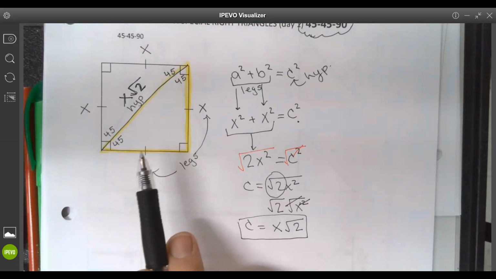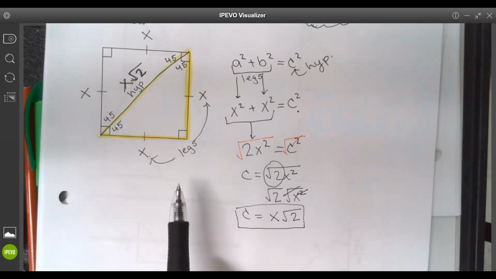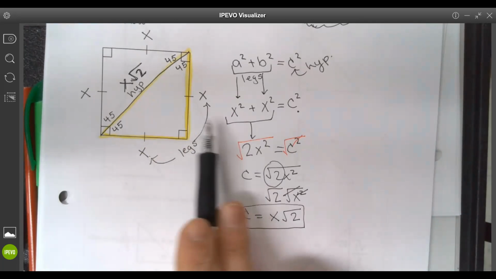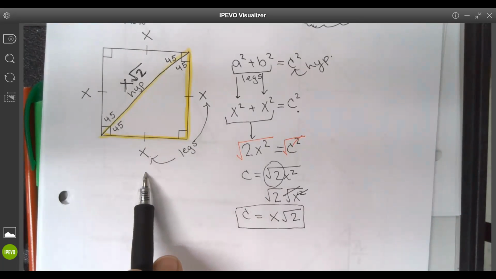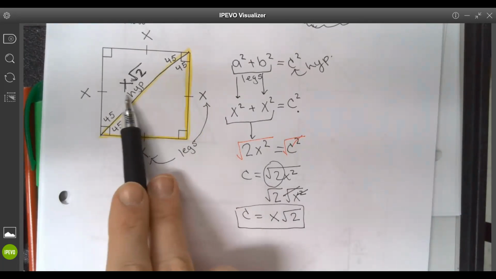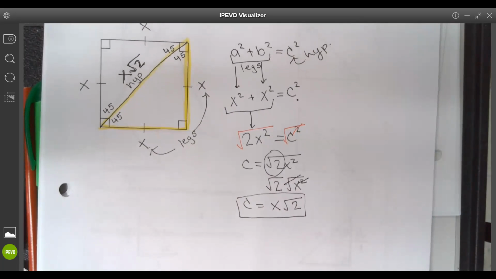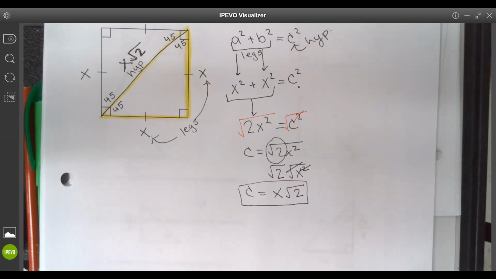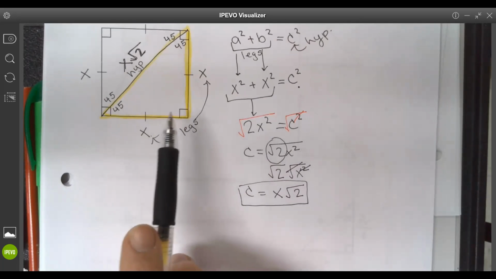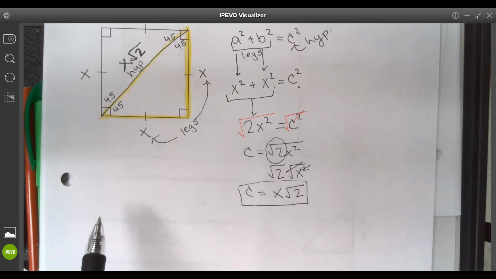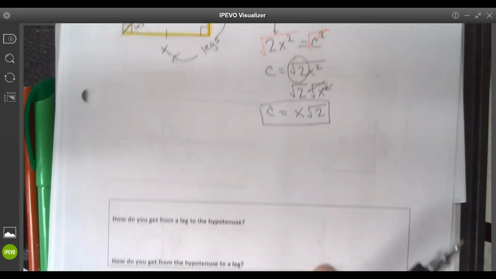So it's a pattern that's consistent, that if I know one of these, I can find the other, because they're all using whatever x is. I can plug it in to find the other side. So what we need to be able to do is move from any single side in these triangles to the other two sides. If I'm given a hypotenuse,